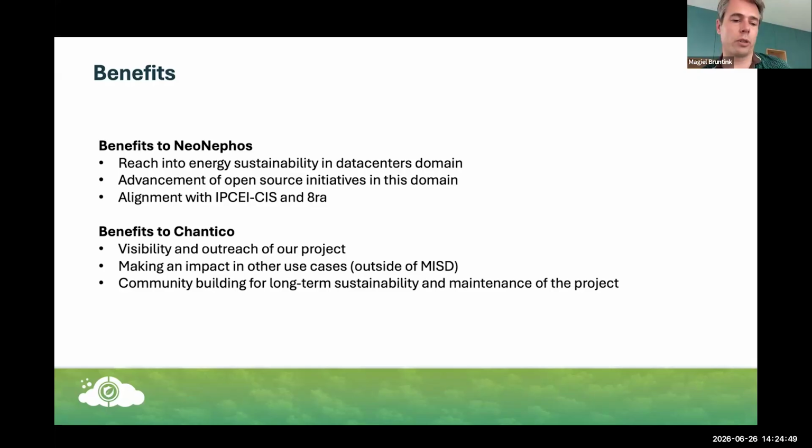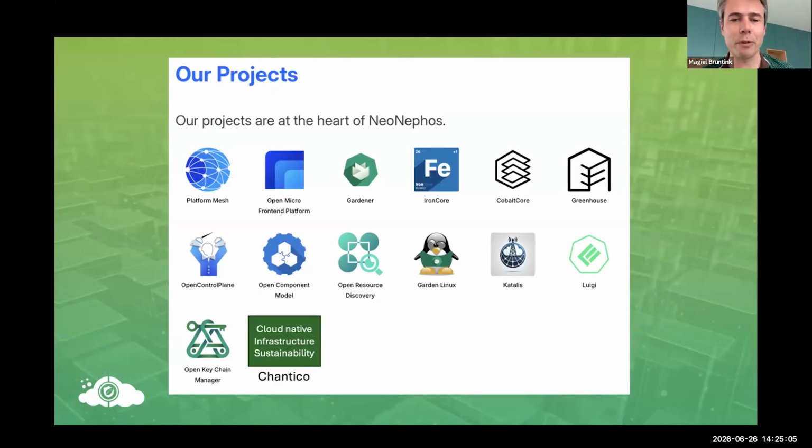So in summary, I think community building for the long-term sustainability of this project is the step we're looking to take. We do have a logo. We are in discussion to create a new one, but we think it should reflect the cloud native aspect of it. It's about infrastructure, and it is about sustainability. So I think it will be no problem. But thanks to Florian and SAP for offering some help on that aspect.